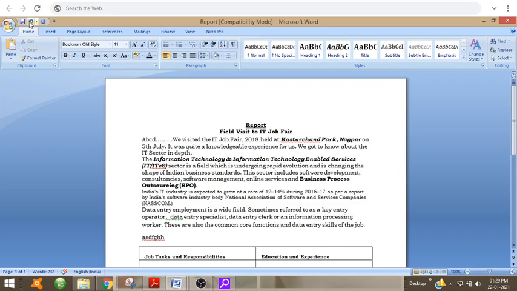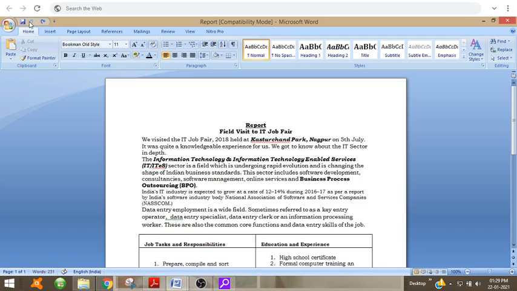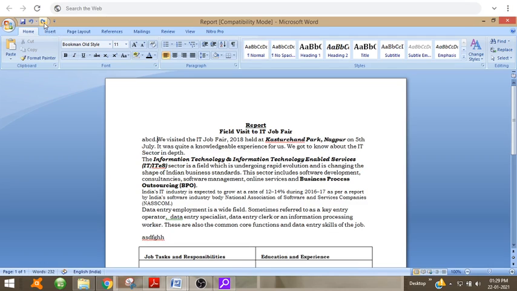Here you can see an arrow, that is undo typing. It will undo the last thing I have done. So when I click on this, it will undo the operations I have done. Now this is the redo button. When I click on this redo, it will type what I had undone.